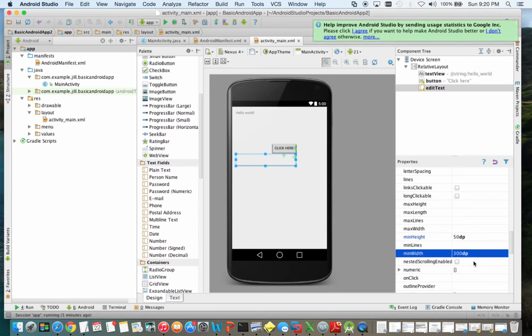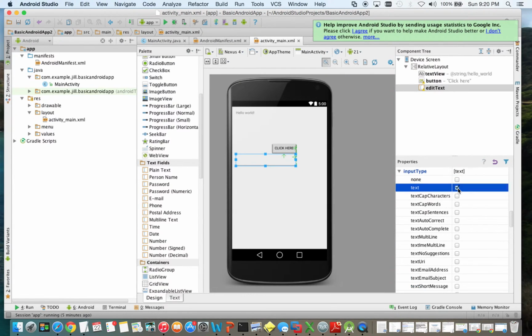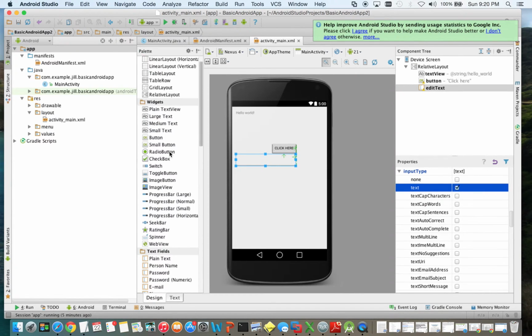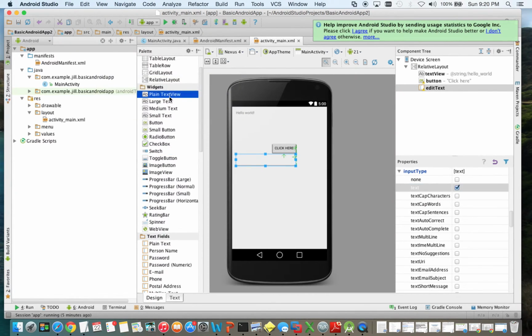Oh, we want to set the input type to text as well. So input type, just click text. Okay, so let's leave it at that. Let's now go and add a text view for our response. So let's just